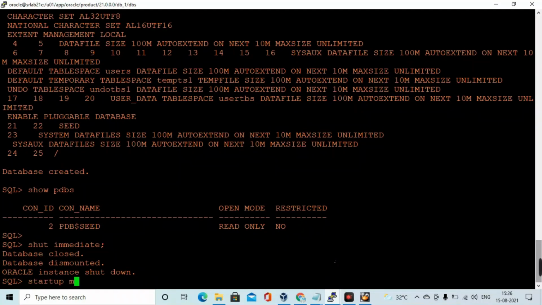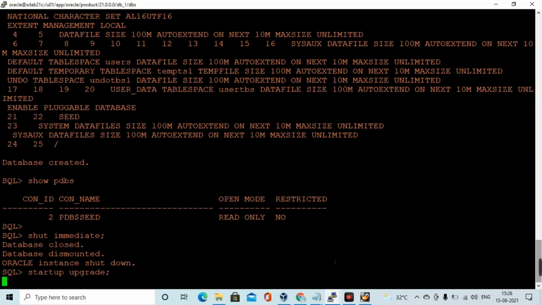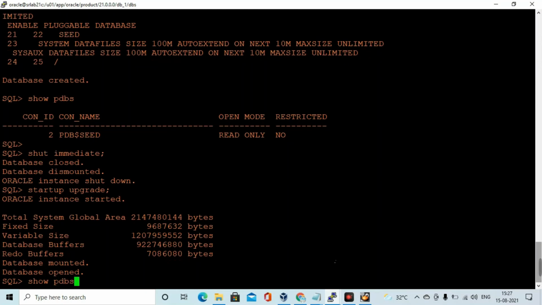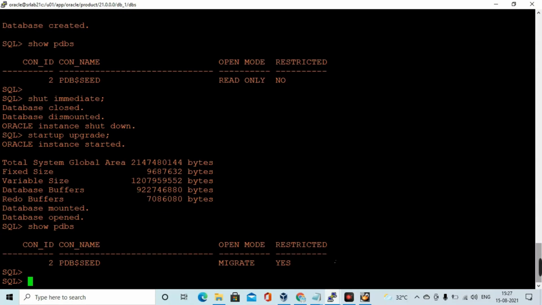After that what we need to do is shutdown immediate and then startup upgrade. After that I am going to execute catproc and catalog with the catctl.pl command.